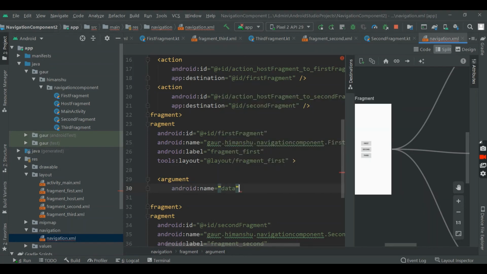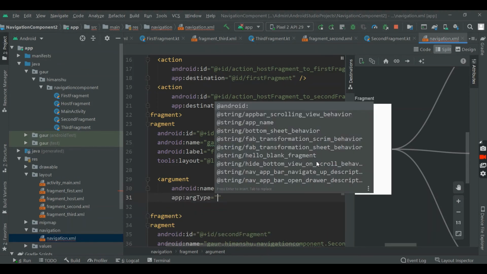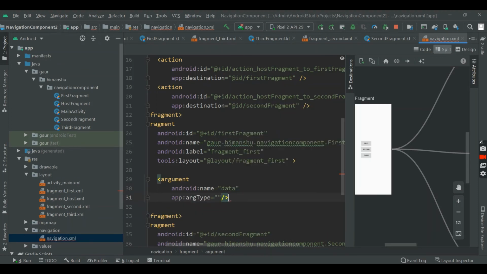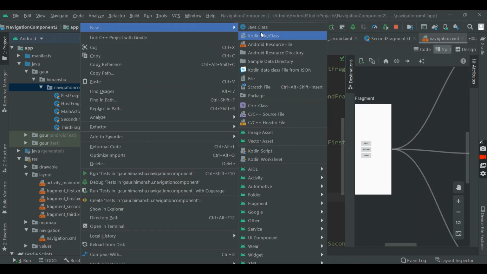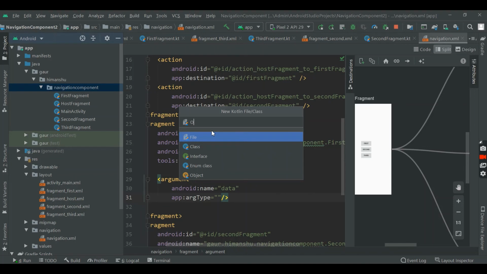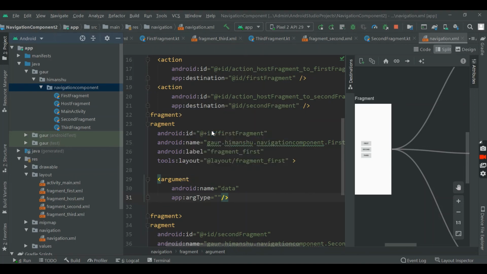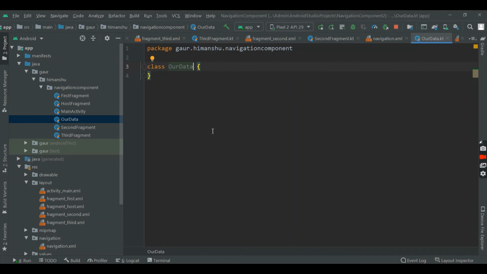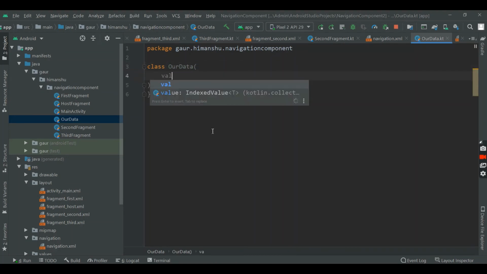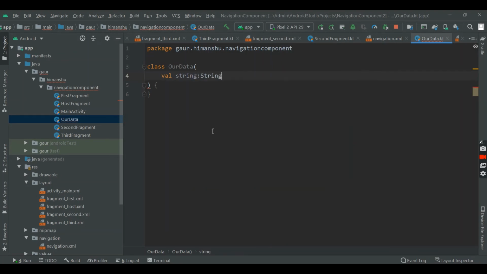So this is my name, and our type is a class which we will create. So create a class. I named this our data and this is the class. We need a string. That's all for this class.